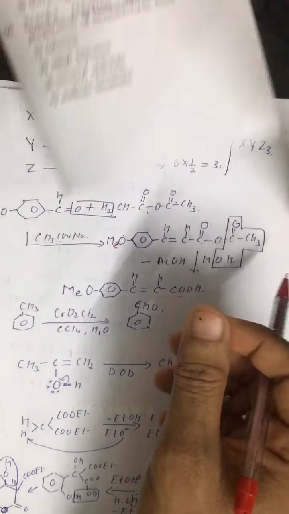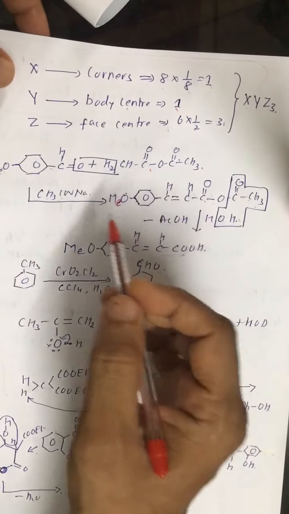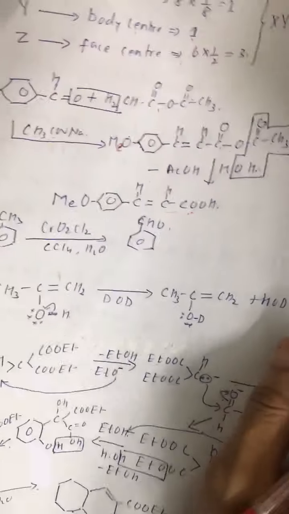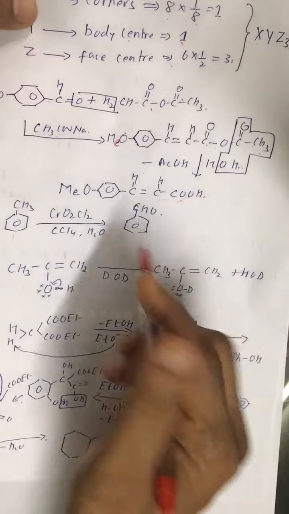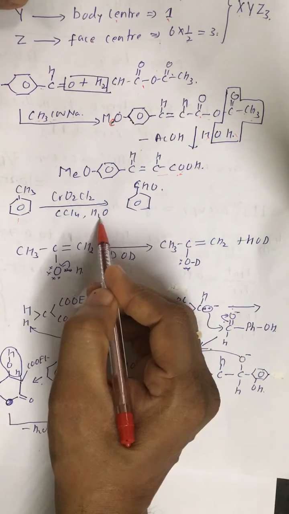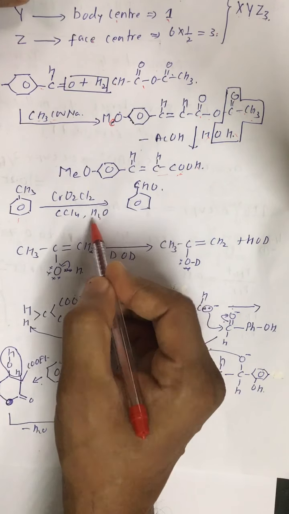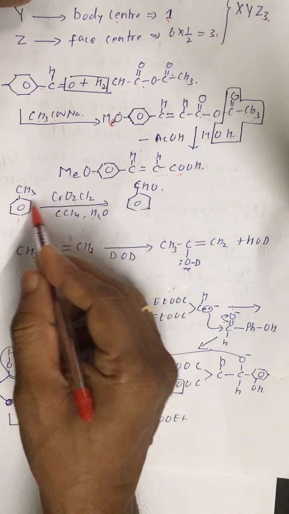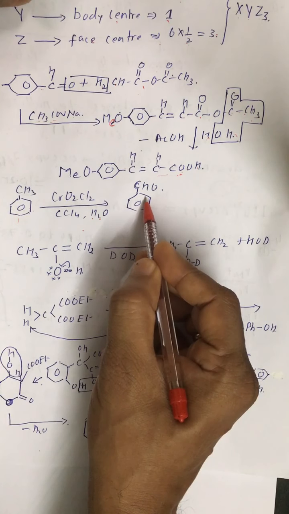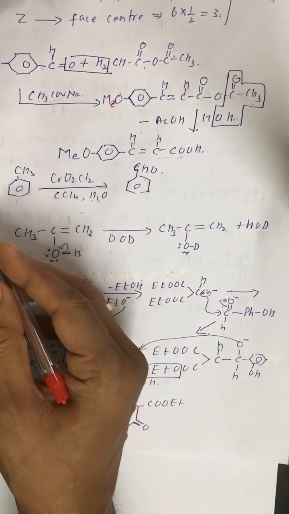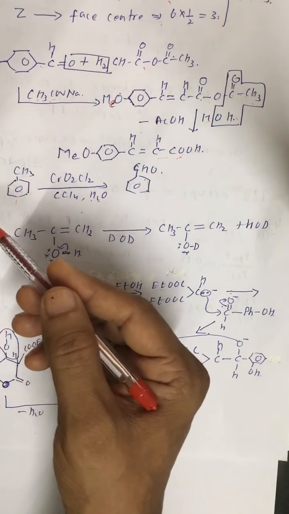50, Etard reaction. Etard reaction is preparation of benzaldehyde from toluene. It is treated with CrO2Cl2 in CCl4 or carbon disulfide, CrO2Cl2 in CCl4, and followed by hydrolysis. So initially it forms a complex, that is why benzaldehyde is not further oxidized. Now this is Etard reaction. This is a very important reaction, you must remember. Alright, 50, correct answer is first option.